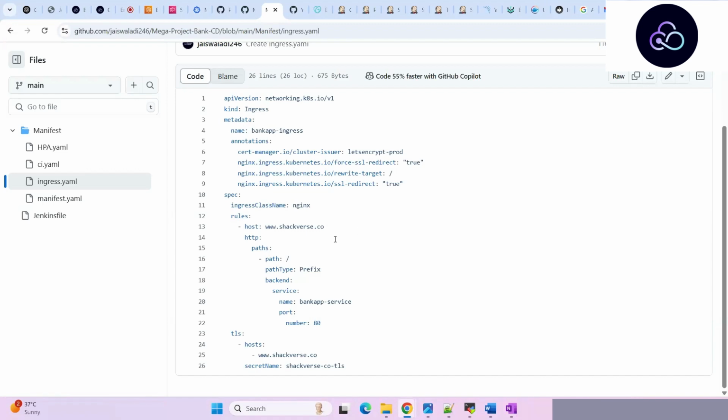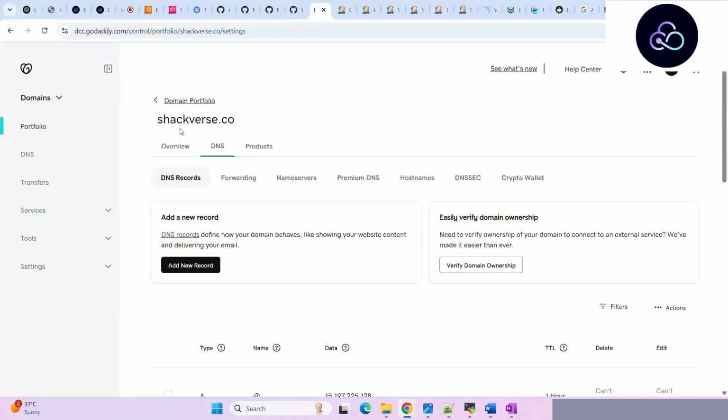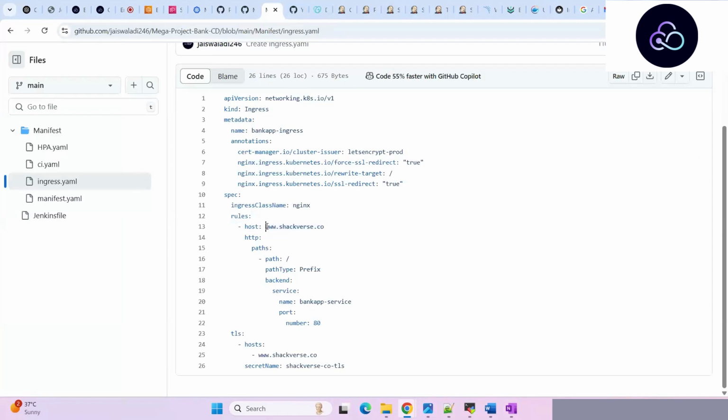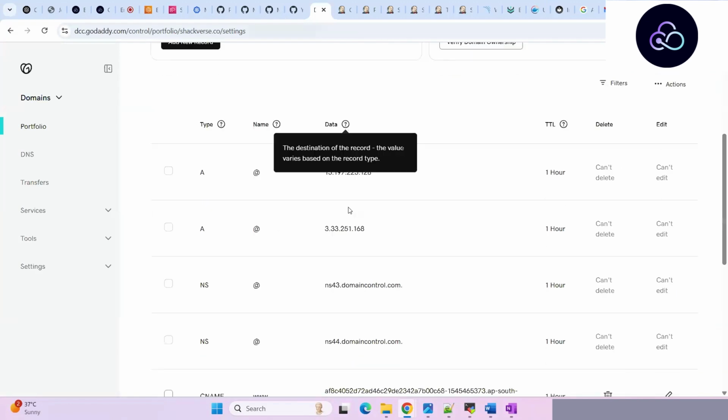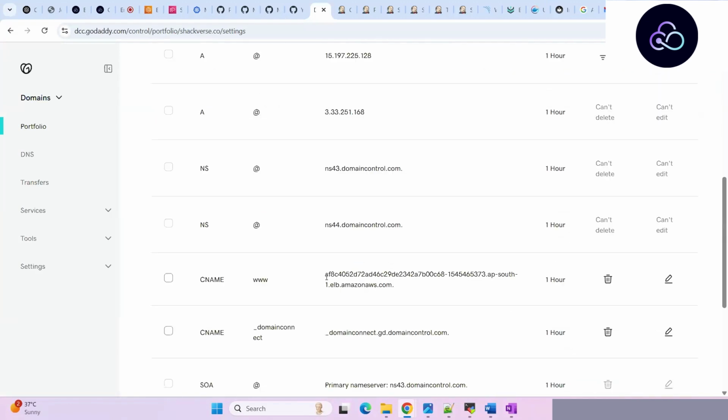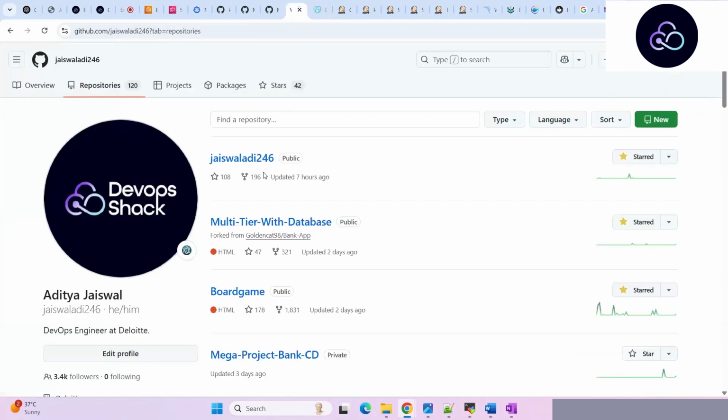Next thing, if you see here, www.RGK. So basically, it depends on whatever domain you have, you have to put it there. You have to modify the file and put your domain here, and as per that, you have to modify these things as well. So I'm having this, and as soon as my ingress URL is created, I'm going to add it here. Okay. And let's first create the resource